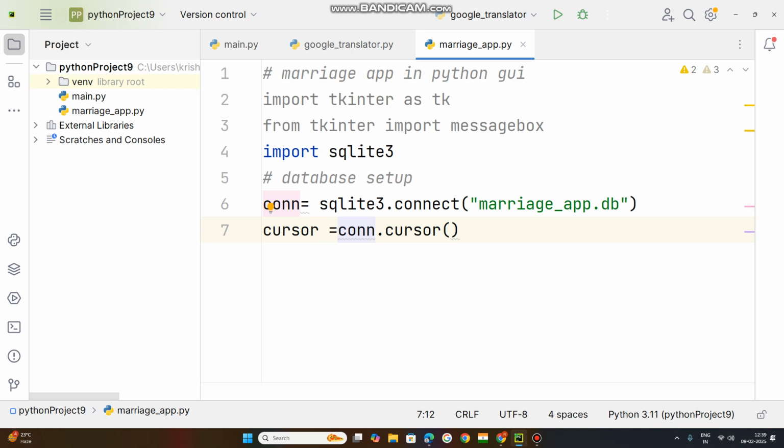Why do we need this cursor object here? Without the cursor, Python cannot execute SQL commands. If we consider this as a pointer, assume that it will go into the database and retrieve the data and